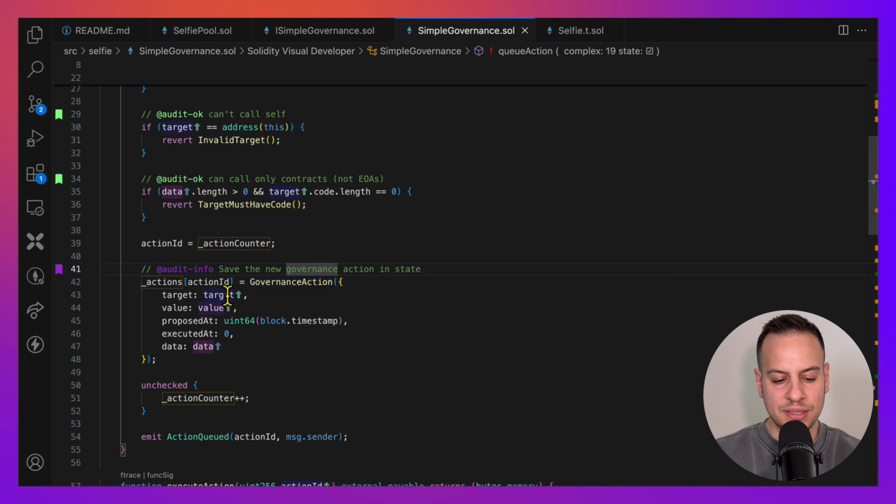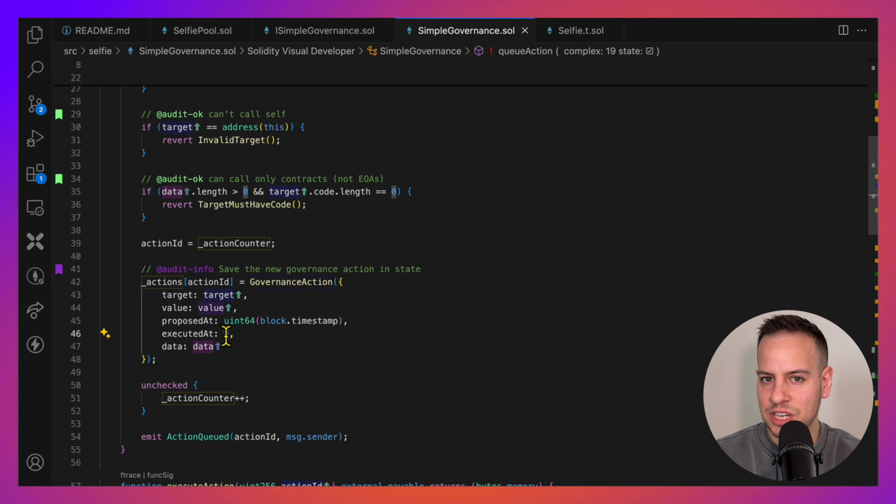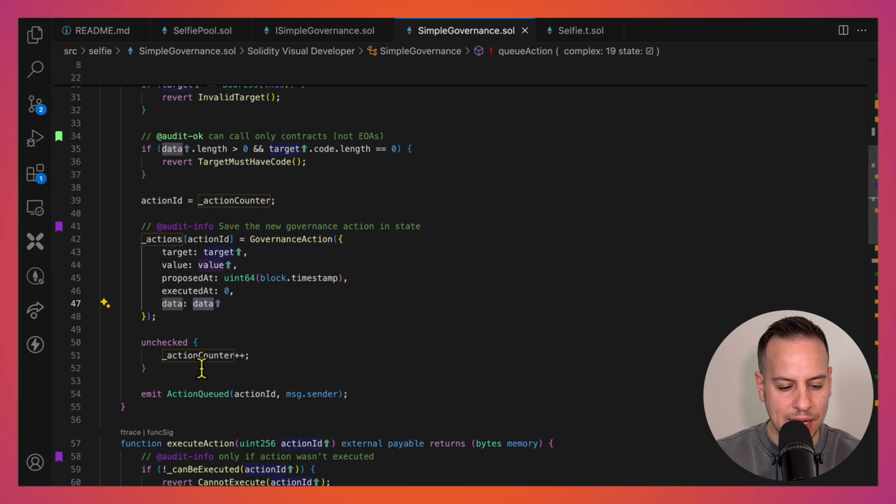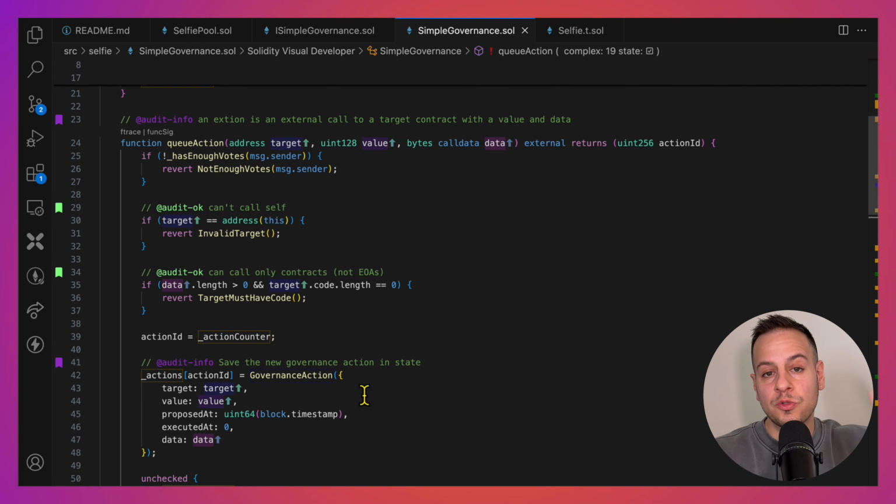We create a new governance action. We set target, value, time, executed at 0 because we did not execute this action yet, and the data. And we increase the counter by 1 and emit an event. So here we just register an action in the contract, and I assume we can only execute it 2 days